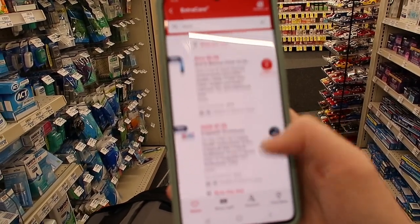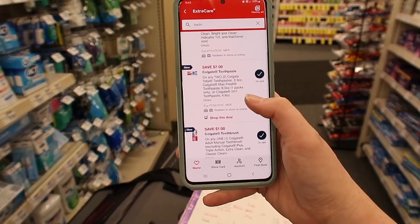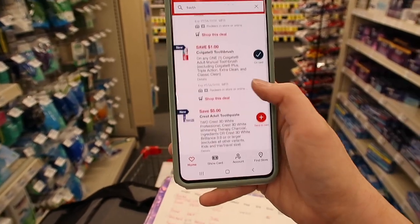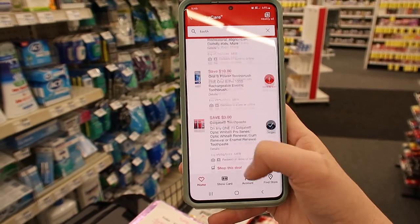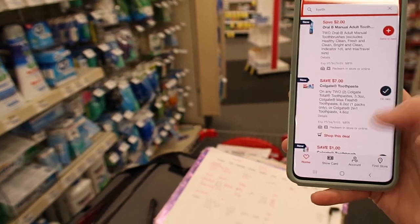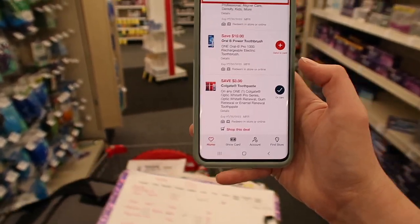I also have a $7 off of 2 digital coupons. Sorry you guys, it's not focusing. $7 off of 2 digital coupon for the 2 for $7.98. I have a $1 off Colgate toothbrush, and then I also have a $1 off Colgate mouthwash, which is not popping up right now, so I'm going to use that. And then I also have the $3 off Colgate Optic White toothbrushes, so I'd pay